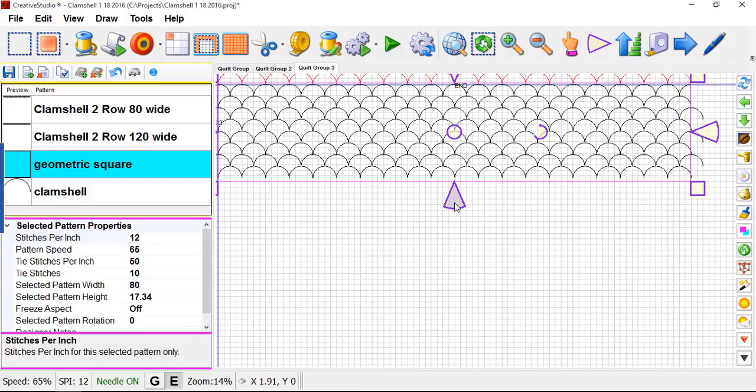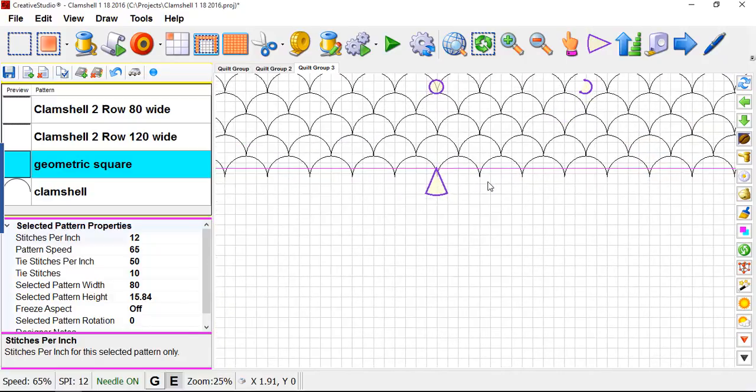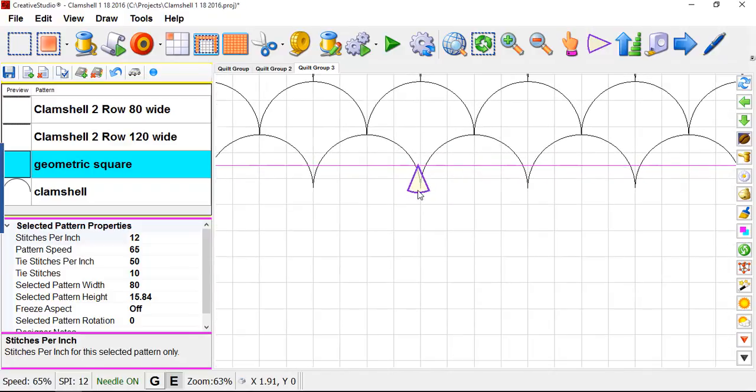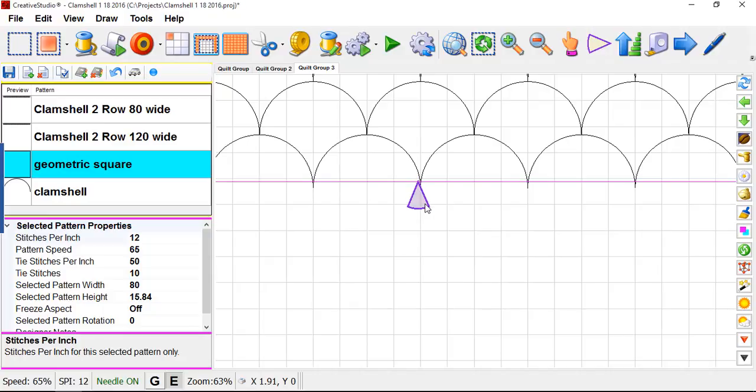I'll make this smaller. You can have part of your pattern down below your boundary. So this would be a boundary, but I'm just simply making it a pattern so I can adjust it. Or if you have carefully measured and rolled your quilt, and you've deleted your boundary and drawn a new boundary right along the bottom edge of the quilt, you can end up, if you